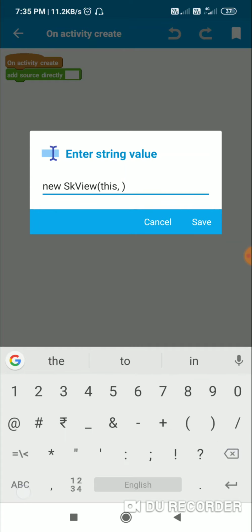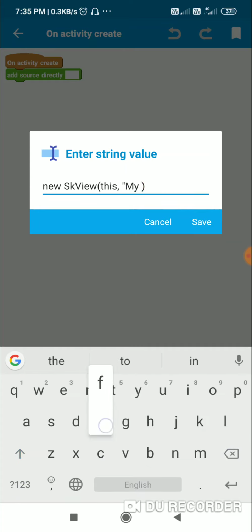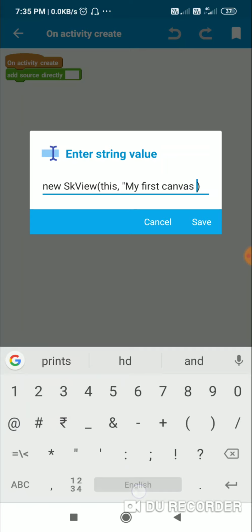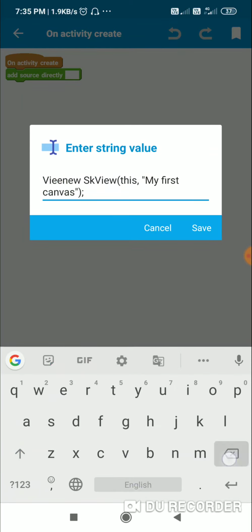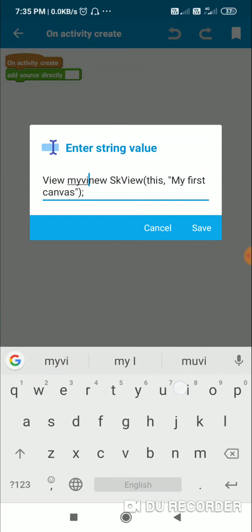So here I will write my first canvas. Okay, and in the end a semicolon, and in the beginning, since this is a view, we have to write View with capital V, and we have to give it a name. View myView is equal to new SkView(this, "my first canvas").